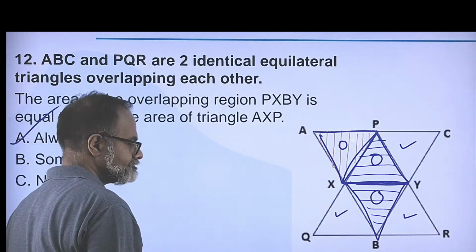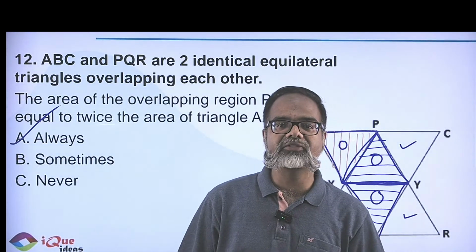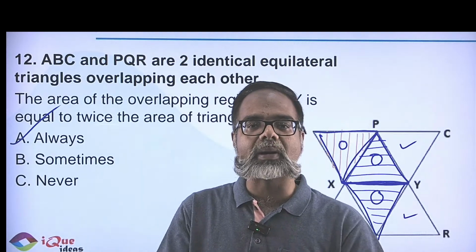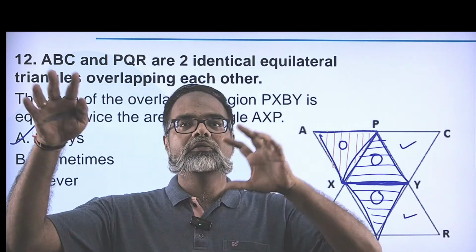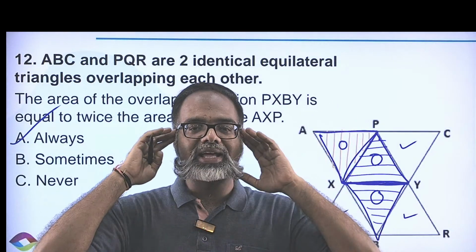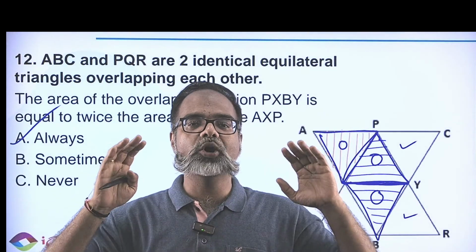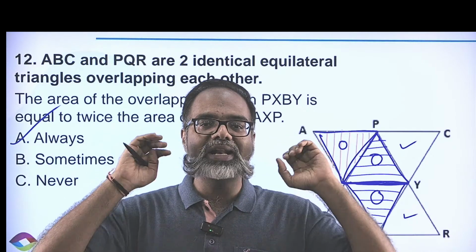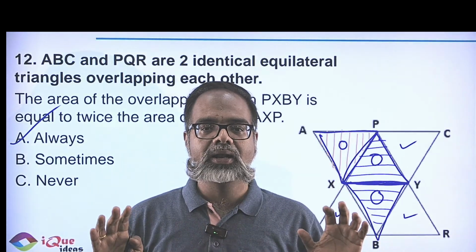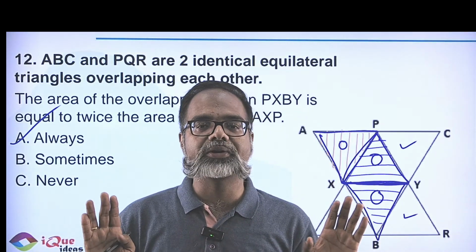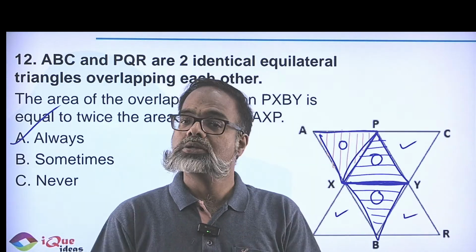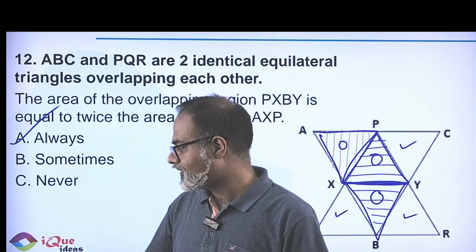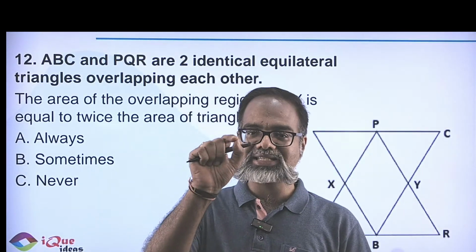Absolutely yes. Visually, I will confirm this. Confidently, I will mark it and move ahead. I'm not going to waste any time trying to figure out formulae for calculating the area and stuff. No, visually I know because it is an equilateral and identical triangle. It has to follow the rules of symmetry. And by symmetry, I easily get the answer to this question. Great. But confidence is required that yes, it will be symmetrical.